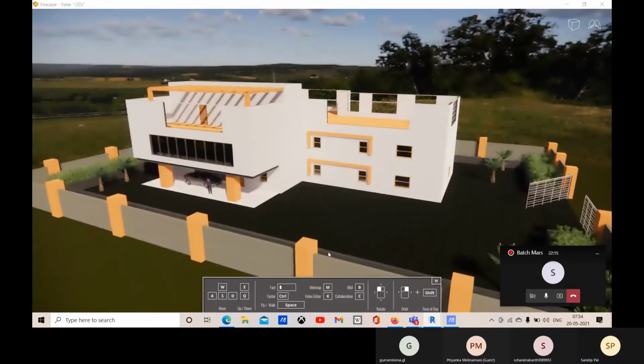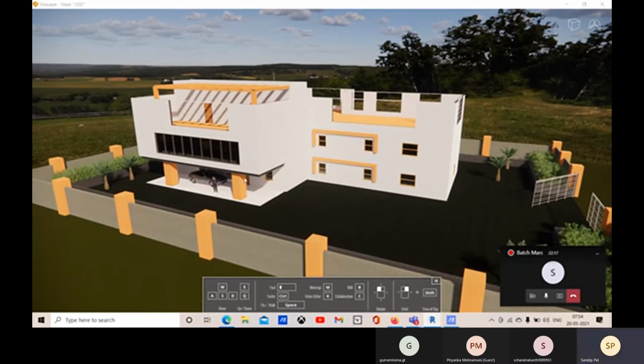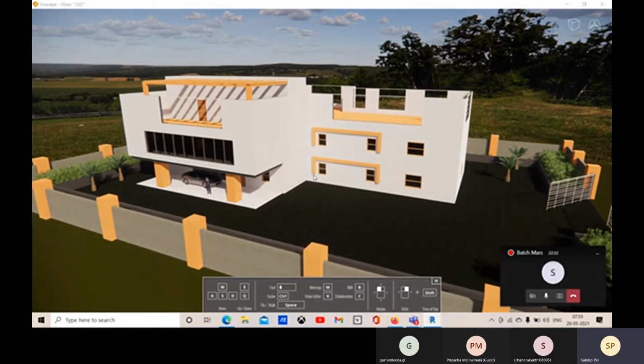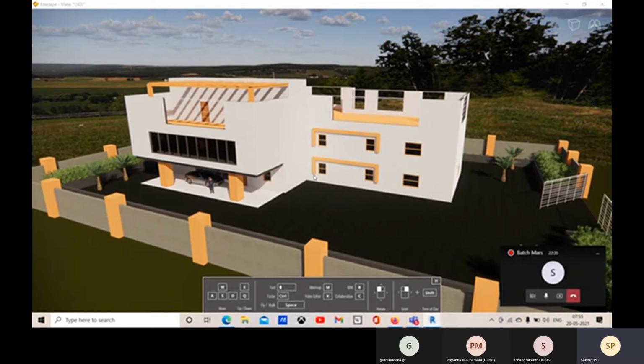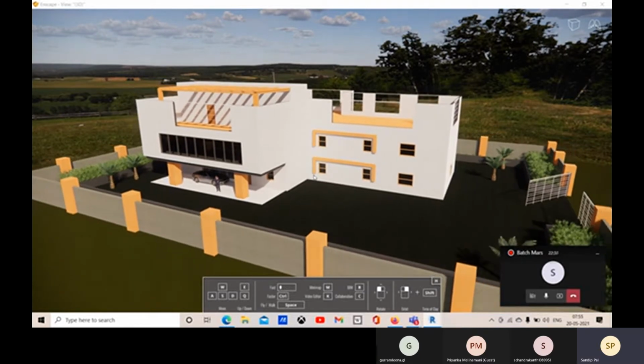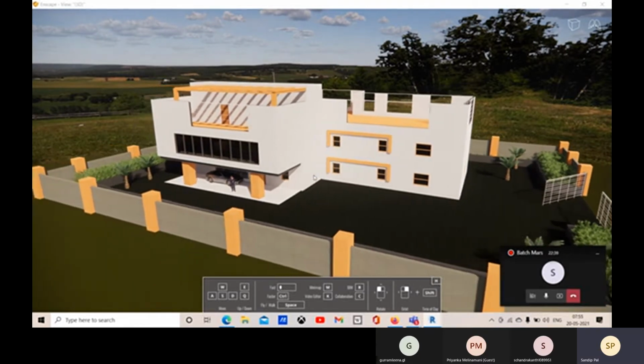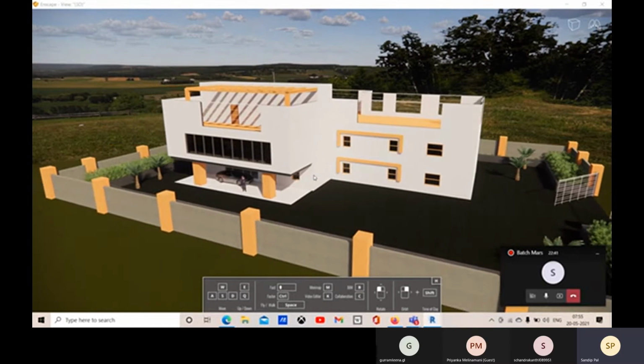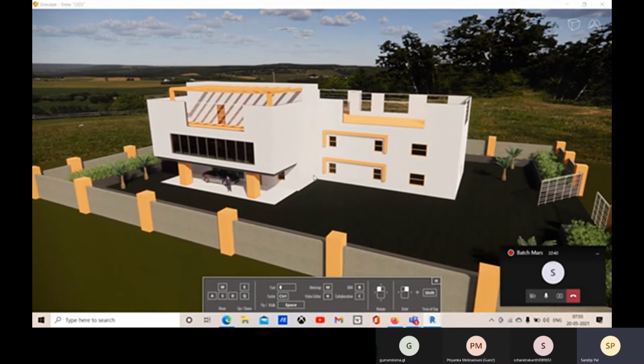Now let's navigate around this model. To navigate around this model, we have our arrow keys. If you press the up arrow, you will move forward. If you press the back arrow, you will move backward, and the left arrow for moving left side, and right arrow for moving right side.